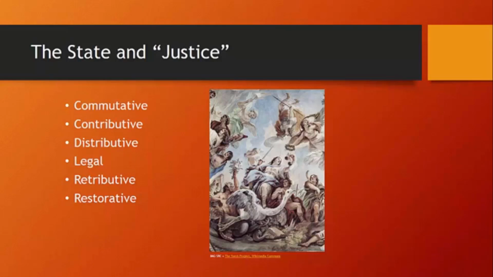And then finally, this concept of restorative justice, which is, as the text notes, an important recent concept, which is the idea that if someone has broken the law, if someone has upset the justice of society, the goal shouldn't be so much retribution as it should be the restoration of that person back to the